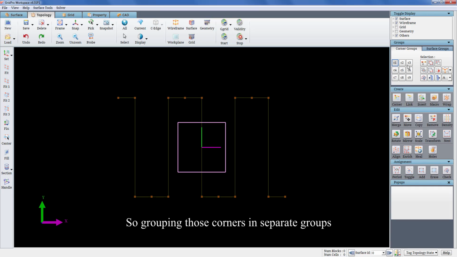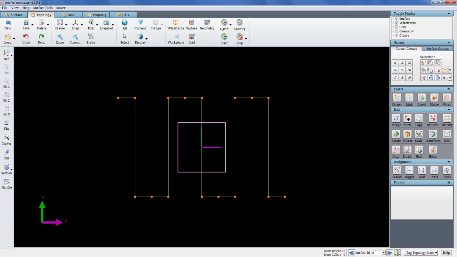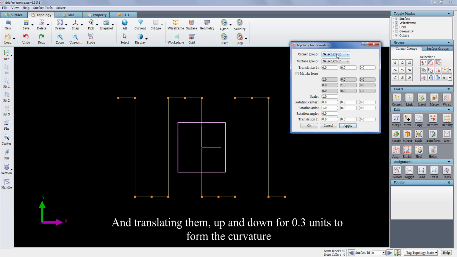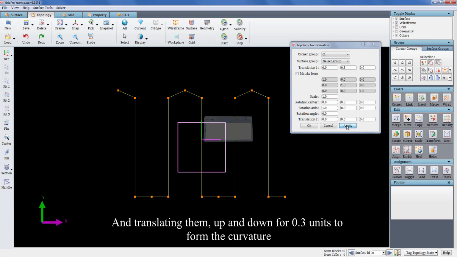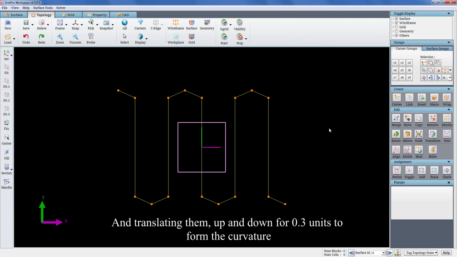So grouping those corners in separate groups, and translating them up and down for 0.3 units to form the curvature. The wireframe for one wave pattern is created.